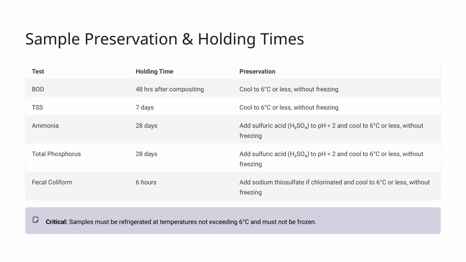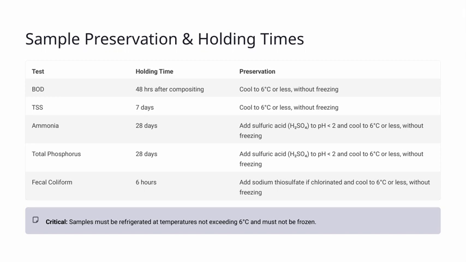Total phosphorus is similar. You get 28 days, but again, sulfuric acid is added to lower the pH below 2, and the sample must stay cooled. Now, for fecal coliform, the window is much shorter, just 6 hours. You need to add sodium thiosulfate if the sample is chlorinated, and again, keep it cooled to 6 degrees Celsius